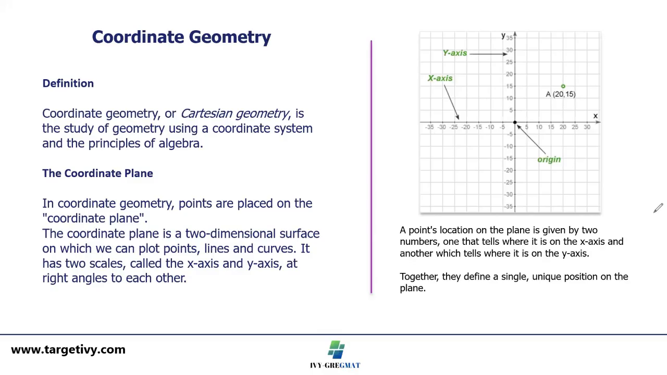Coordinate geometry. Coordinate geometry or Cartesian geometry is the study of geometry using a coordinate system and using principles of algebra. We'll learn how it is related to algebra also. Okay, so what do you mean by this